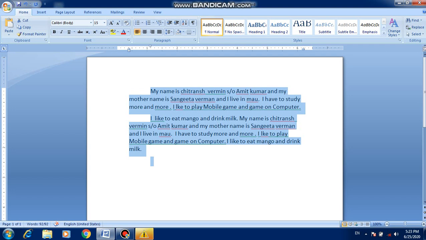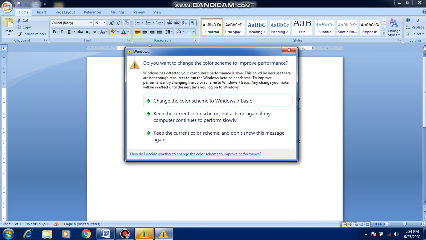Now page margin. Margin means the distance from the edge of the page to the text. Page margin is the blank space between the text and the side of a page. A page has 4 margins: top margin, bottom margin, left margin and right margin.